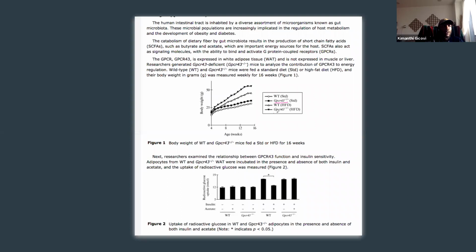Cool. So let's look at these two. Which one of these two do you want to start with? The square or the triangle? Let's start with the triangle. The triangle. Okay. And now what are you going to compare that triangle to? The wild type, with the high-fat diet. Good. Why is that? Because if you compare it to the standard diet, it's not going to be correct because they aren't the same treatment. Perfect. Awesome. So the high fat diet.